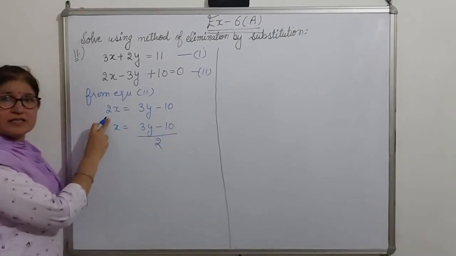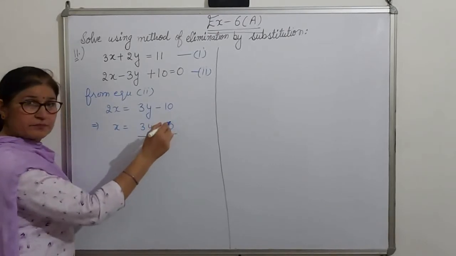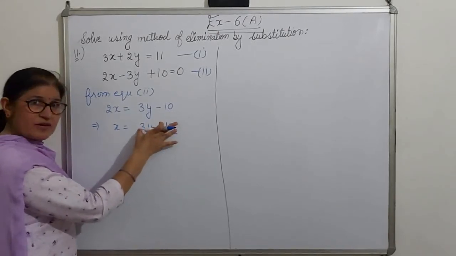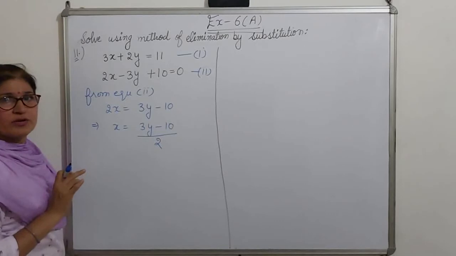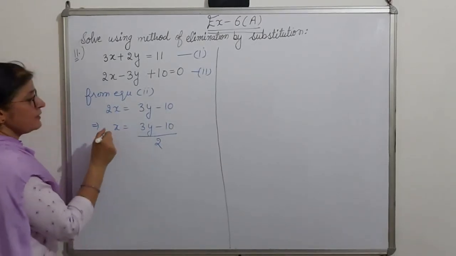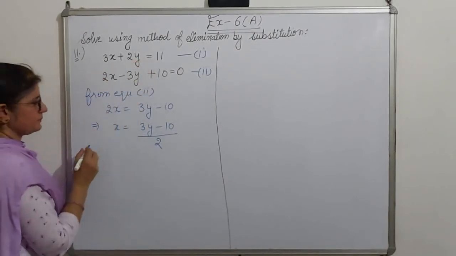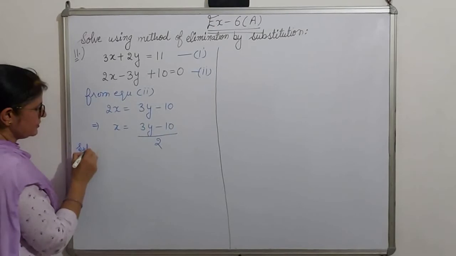This 2, here it is in product, it will go in division. Don't cut 2 5s are 10. First this term we have to solve, then only we are able to go for division. So don't cut them, don't reduce them to lowest terms like this. This value of x you have to substitute in equation 1. So substitute.